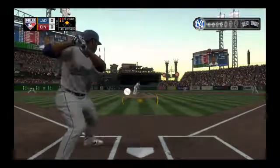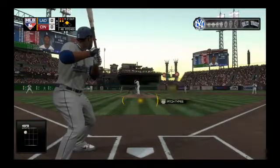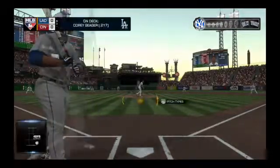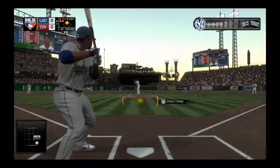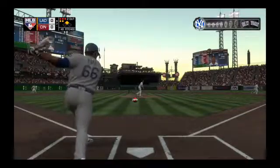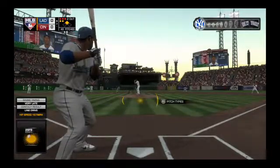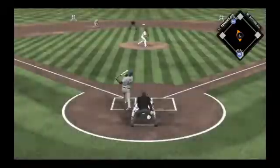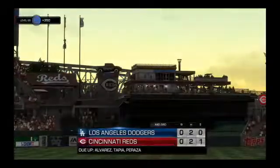The set and the 2-1 pitch. Looking at strike 2, a fastball that catches the inside corner. 3-2 now. For the guy on the mound, this is one of those innings where nothing comes easy. He's thrown a bunch of pitches, and this AB hasn't been any different. Definitely laboring at the moment. Well, it's clearly on that fastball. He hit that one hard. He just could not keep it fair. Breaking ball, and he gets him to chase it in the dirt. Stevenson reaches out for the tag, and